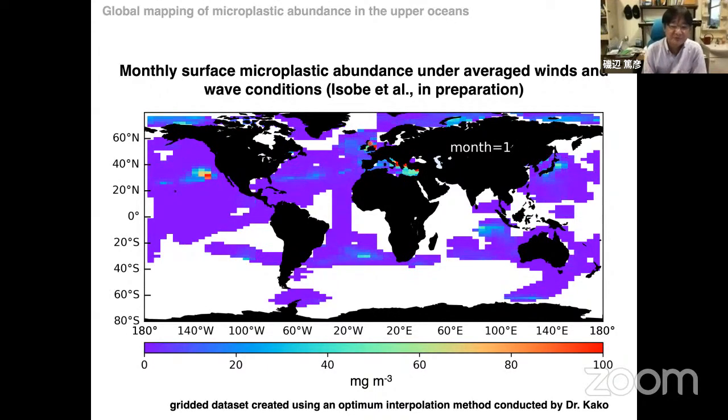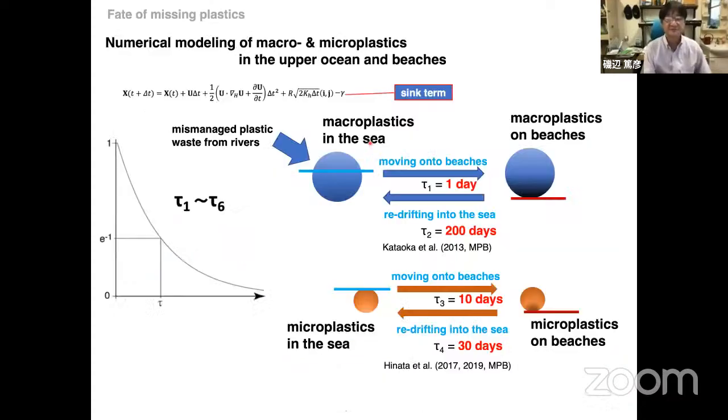The microplastic concentration in summer in the northern hemisphere is larger than in winter. This has a very natural reason, because the microplastic abundance in the surface layer increases as ocean conditions change to be calm in summertime. Okay, now next we move to our numerical modeling result, but this result is very useful for validation with the numerical model.